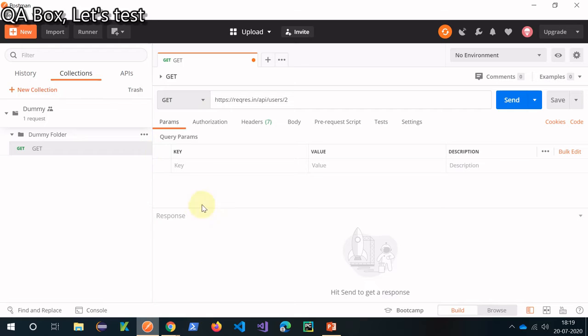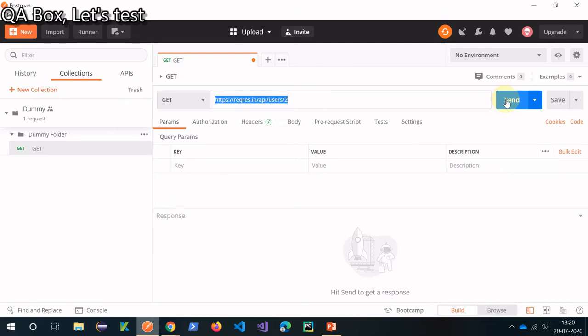So what you are seeing here is your request builder section. There are a lot of sub tabs in here like parameters, authorization, headers, body, pre-request script, tests and settings. And you have the send button, and a save button to save your request. Environment, we'll talk about this later, but at this point let's just focus on the bare minimum that you have to provide. This is called the endpoint to access your resource. And this is the method that we are picking. The method, the HTTP verb in this case, is GET, and this is your response section. It is currently empty because I have not sent this request.